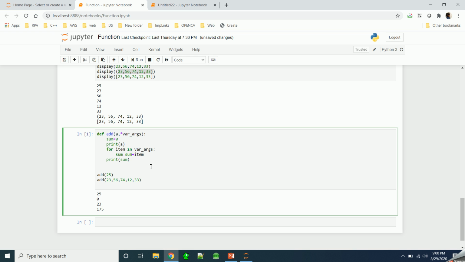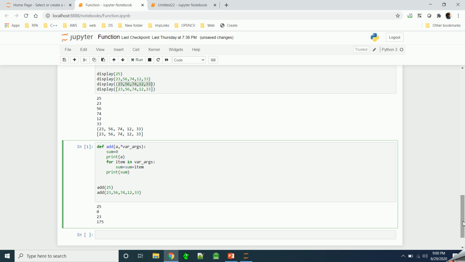Along with this variable length argument, you can pass some parameters, and then the variable length argument. So in this case, the first value that we pass to this add function will be considered as the value for this argument, and the rest of the values will be considered for the variable length argument.